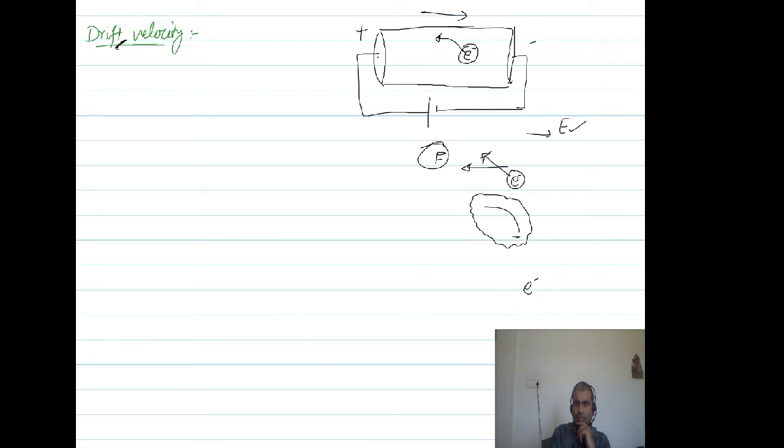Electrons are not following a straight path. What are electrons doing? Electrons are just getting drifted. This is what drifting is. You might have done drifting with your bicycle or bike. This is a type of drifting. So in this manner, by doing such drifting, all the electrons tend to approach towards the positive end.